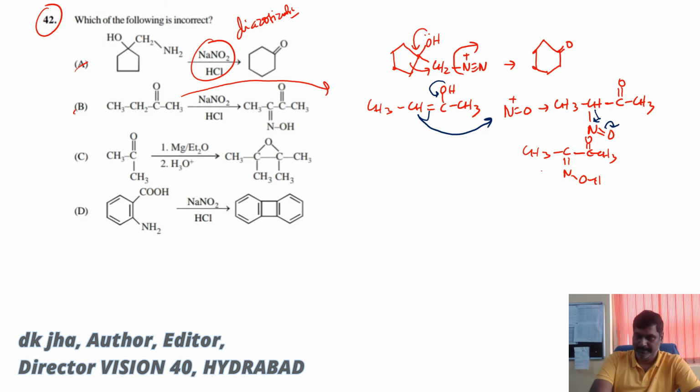So what about the C? C is apparently wrong. I hope you know this reaction, because when CH3COCH3 acetone is treated with Mg in ether following treatment of H plus, it gives pinacol. The product is not this one. Product is here. It is not the product. Product is CH3C, CH3 and OH, CCH3. You know the mechanism we discussed earlier,